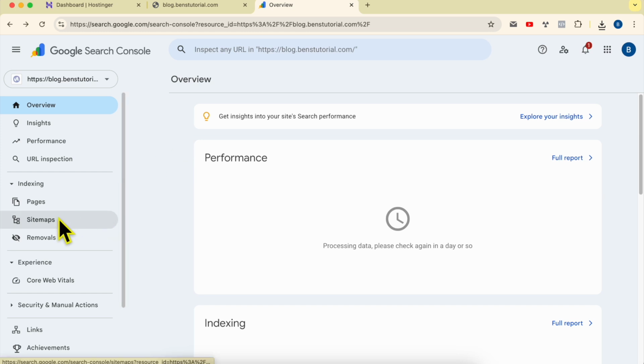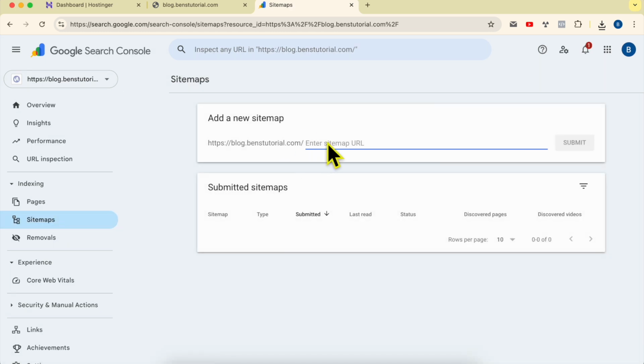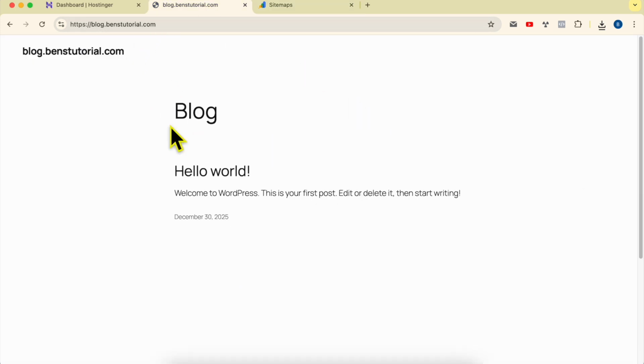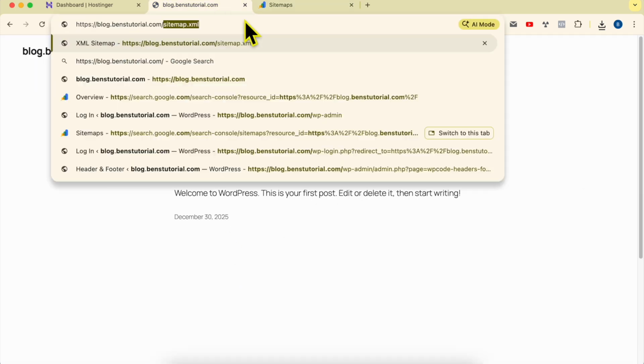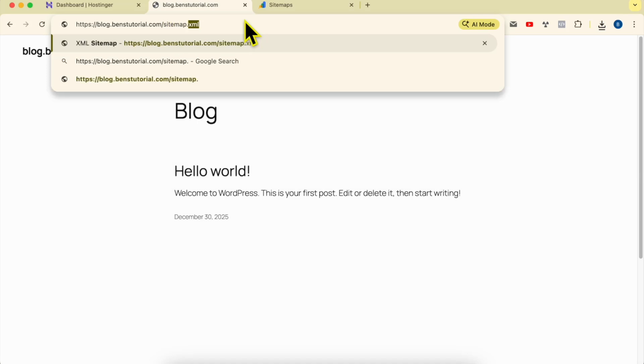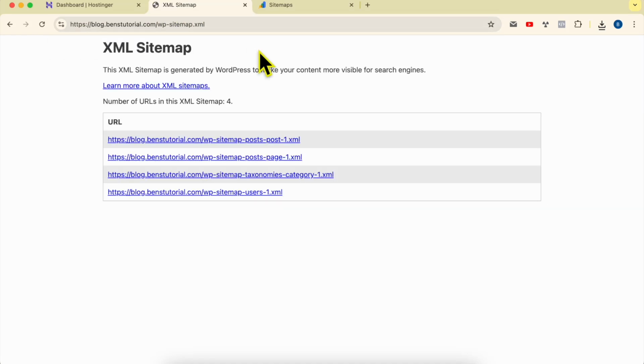After that, go to sitemaps, and here fill in your sitemap address or URL. In my case, my website is a WordPress website, so my sitemap URL is /sitemap.xml. If you use a different platform than WordPress, for example, a hosting website builder, just look for the platform that you use and how to add a sitemap. Then it will give you your sitemap URL. Here,